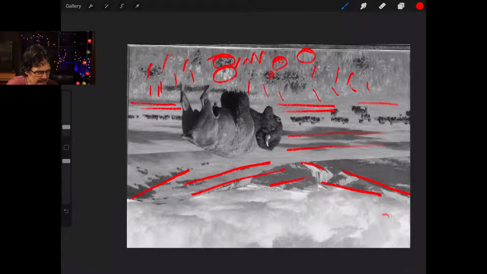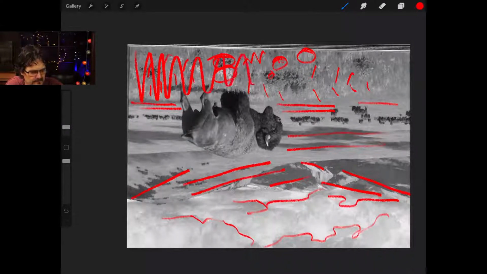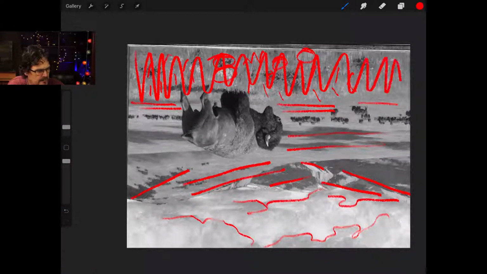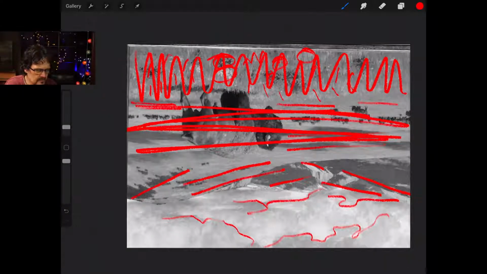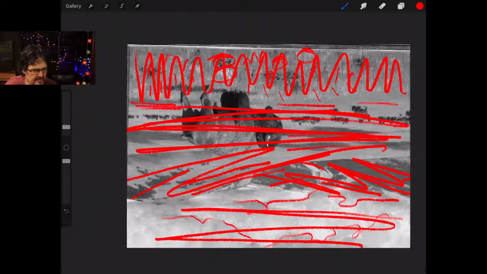And then the clouds just differ in the nature of the shape. So in this way, he's clearly divided foreground, middle ground, mountains, distant mountains, sky.